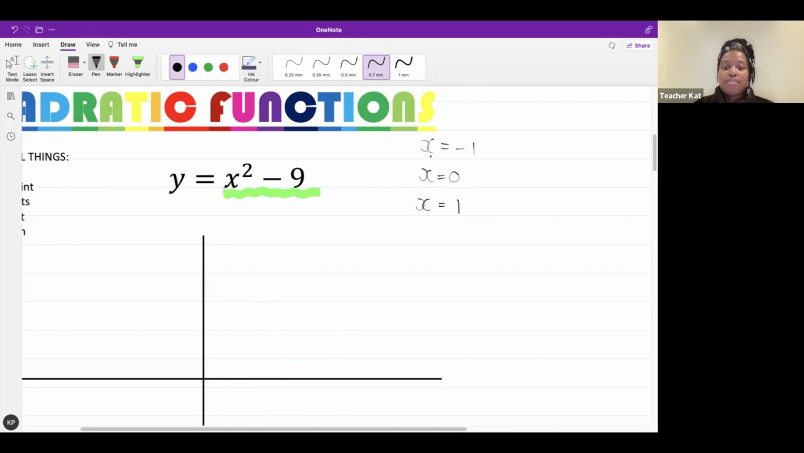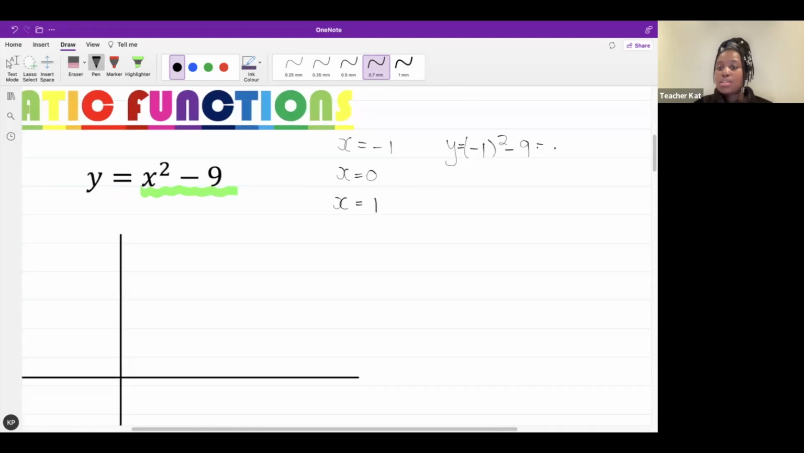Okay, my first one, if x is -1, what is my y? It will be -1 squared minus 9. You guys said -1 squared is equal to +1, minus 9, so it's -8. Beautiful. This one is 0 squared, which is just a 0, minus 9,